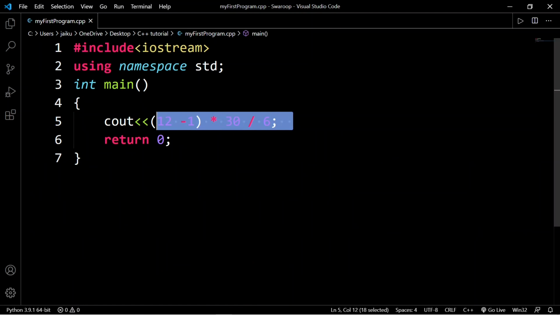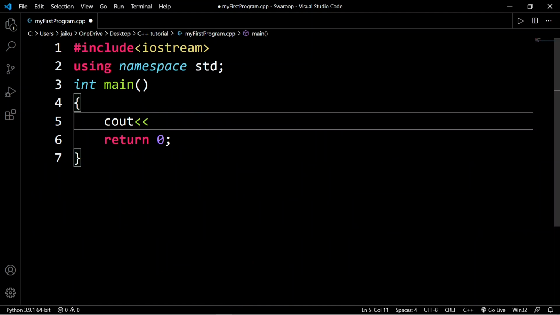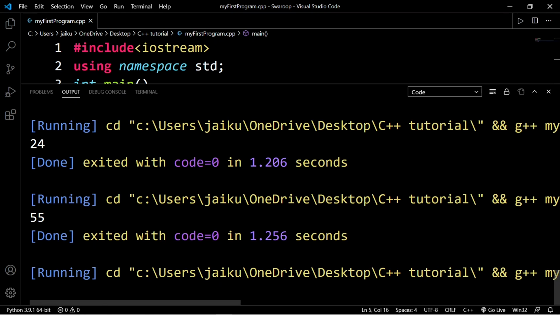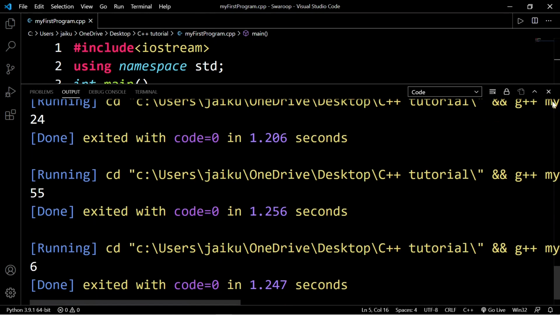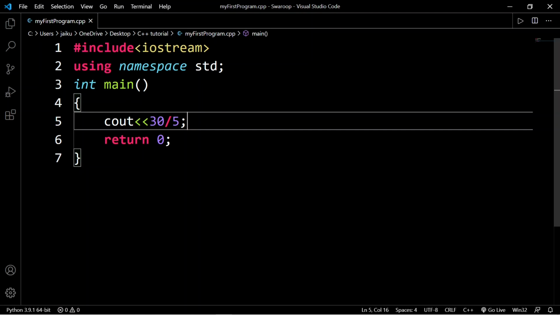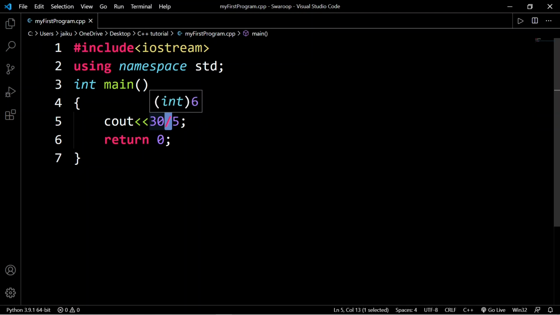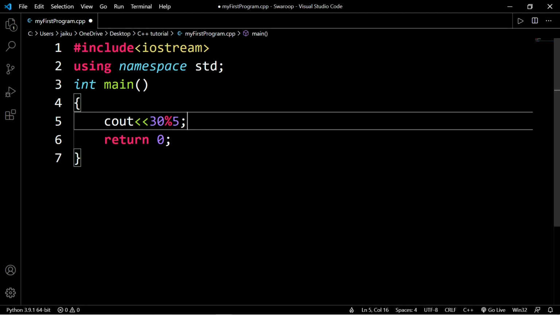We have one more operator over here, which is the modulo operator. The modulo operator gives us the remainder. Let me show you once. 30 divided by 5. What's your expected output? It will be 6, right? So just Control S, run. Here we are. We have 6. And instead of this sign, if we use the percentage sign, the output will be 0.